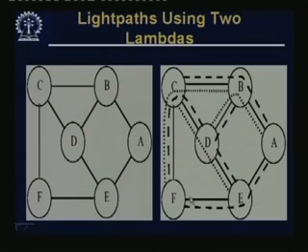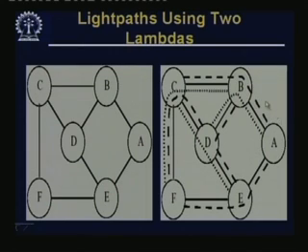That means some RWA, routing and wavelength assignment, has already been done, and some of the wavelengths and some of the links have been used. So, here only 2 wavelengths are used. Let us say A to B, they are not connected. Say A to C. A to C, a light path has been established via B. And at B there will be a switch which will switch